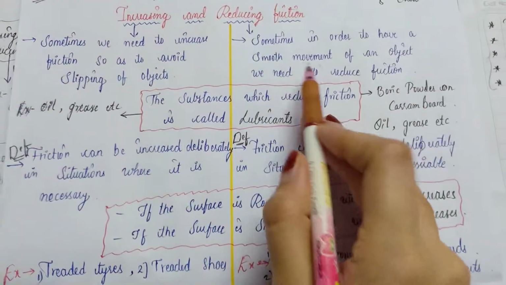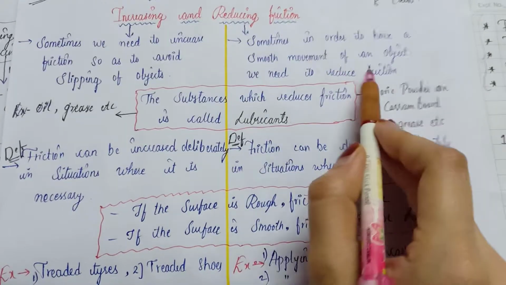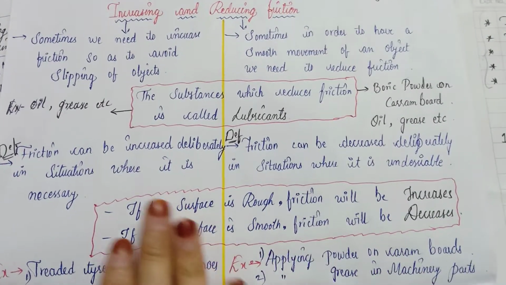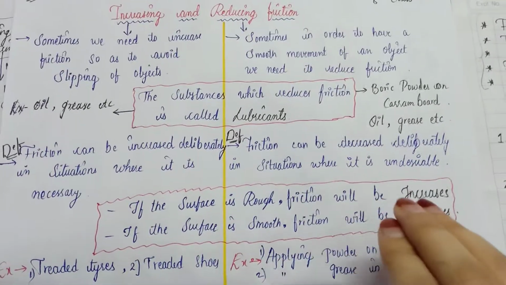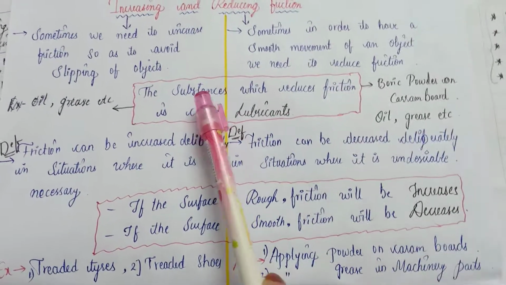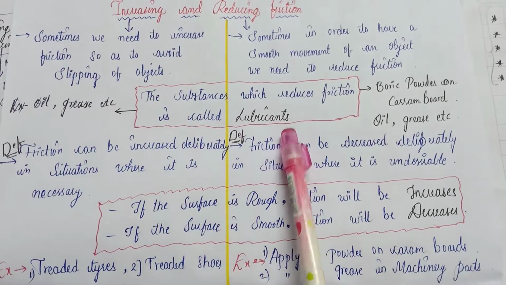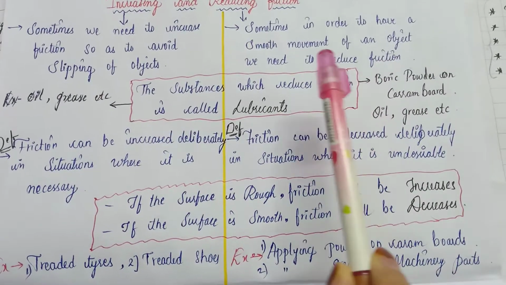And sometimes, in order to have a smooth movement of an object, we need to reduce friction. And you know what, the substance which reduces friction is called a lubricant, and these are some of the substances used in